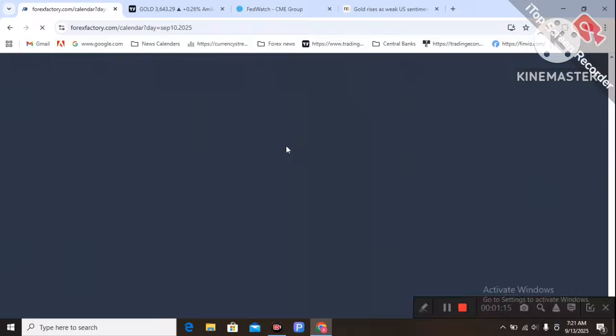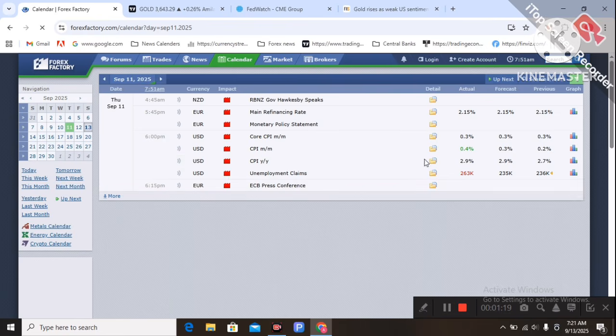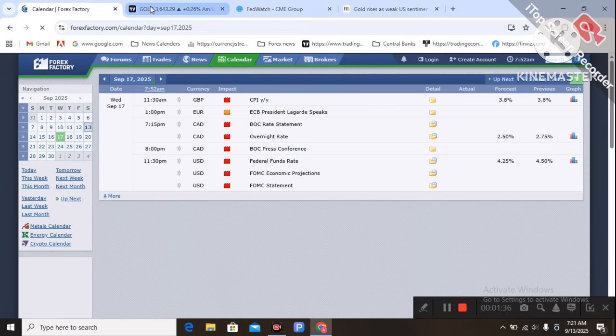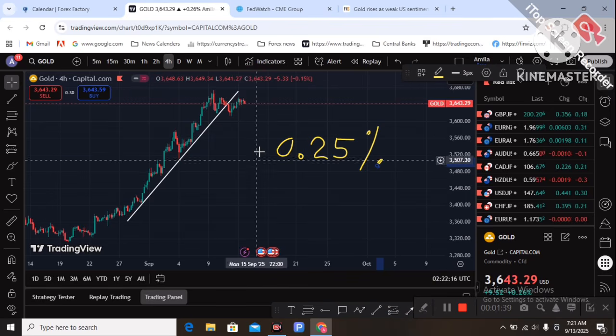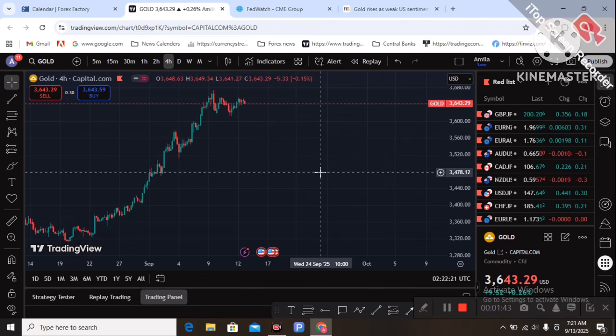The interesting thing is that last week's inflation report increased to 2.9%, from 2.7% previously. That is still an inflation increase. 2% is the Federal Reserve's inflation target, and it is still not at target. Still, the Fed is forecast to cut the rate at next week's FOMC meeting. So I am thinking this rate cut is already priced into the market.